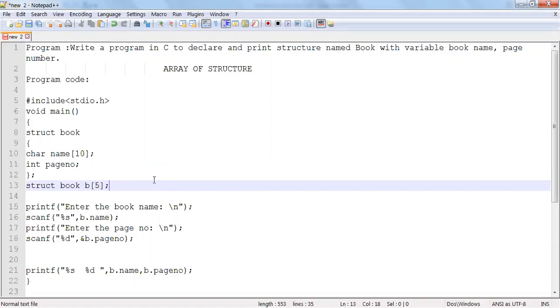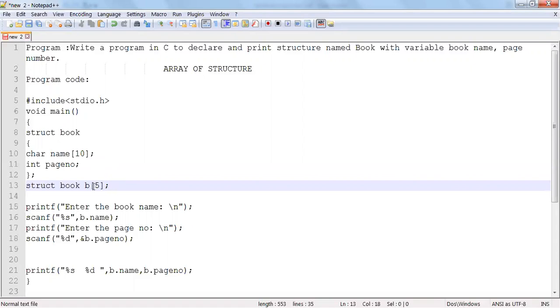So similarly it goes like this. If I have given 5, that means this array contains the data of 5 books, and one book has 2 data. What is the data? Name of the book and page number of the book.